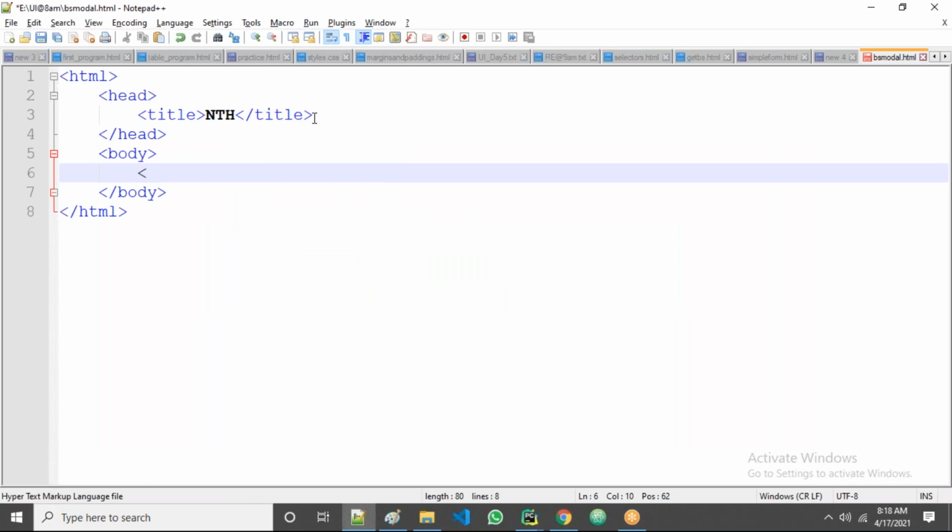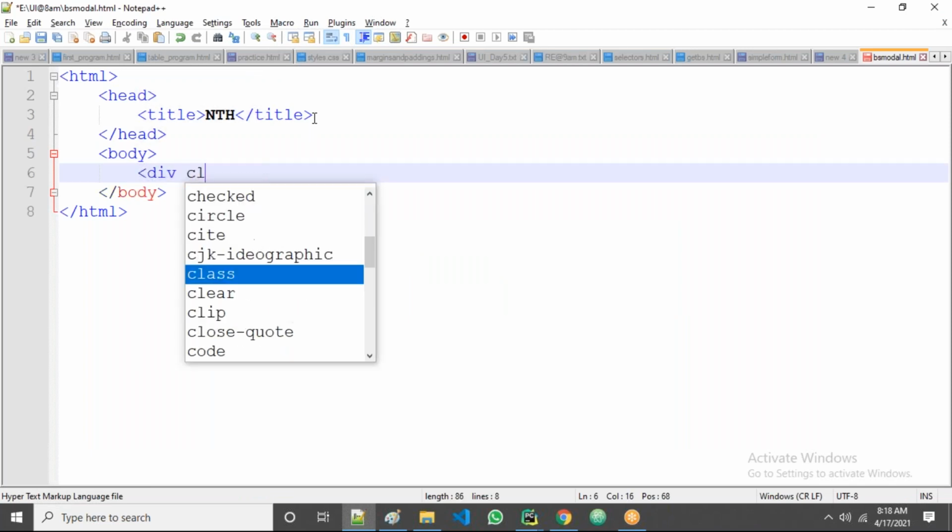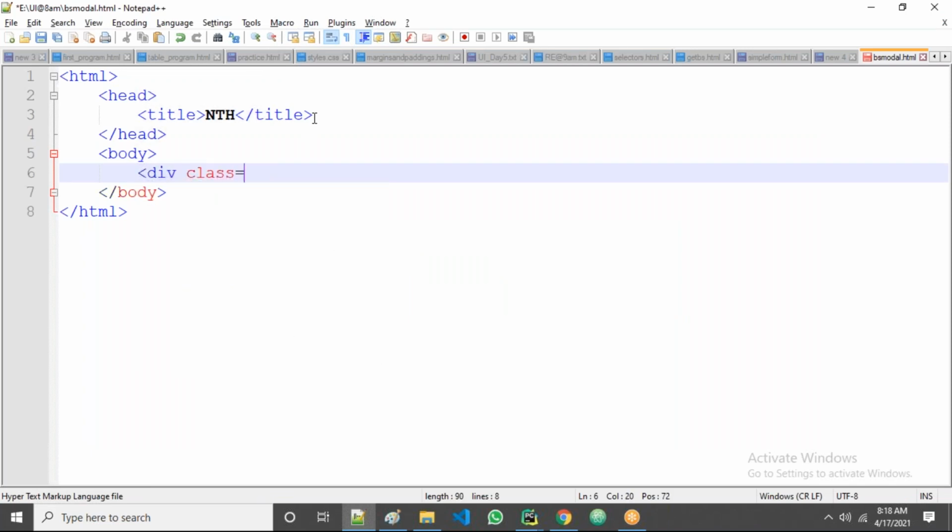I'll take here div class jumbotron. Okay, I'm taking jumbotron now. While typing, those names are not coming. The name jumbotron is not coming here. Why?